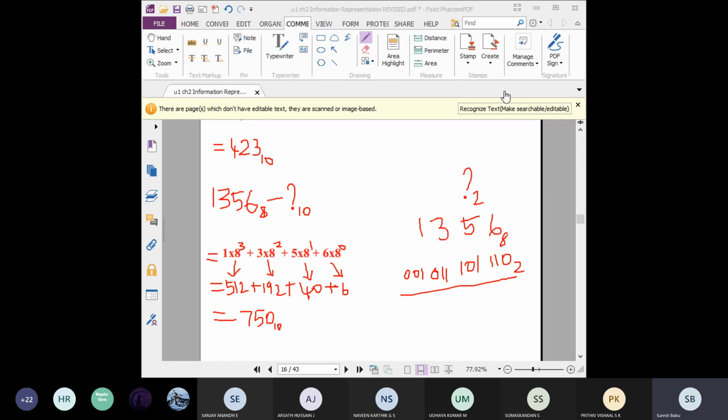Okay, very easy method. For octal to binary, just understand and memorize the tabular column. Every answer will be available in the tabular column. Then octal to decimal, you have to do the same thing that we discussed yesterday, that is binary to other number systems. There we multiplied with 2, but here we are going to multiply with 8. Repeatedly multiply by 8 and add the values. So that's all.